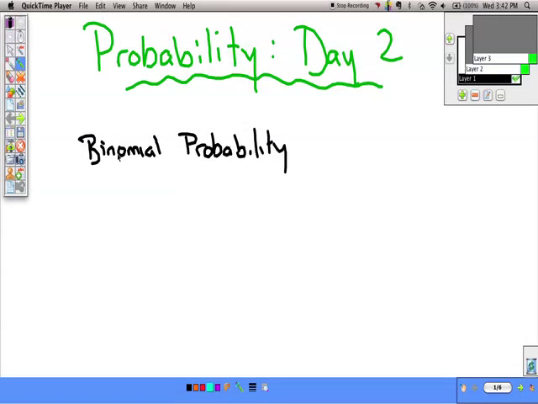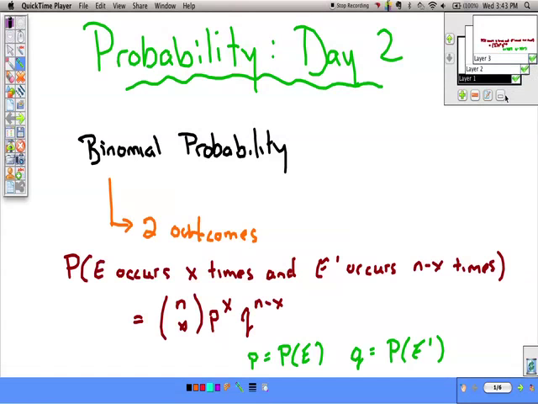and Venn diagrams. Also the difference between or and and. So binomial probability, binomial, hopefully you can identify that means there are two outcomes. And the formula that we use is given by this. The probability that event E occurs X times